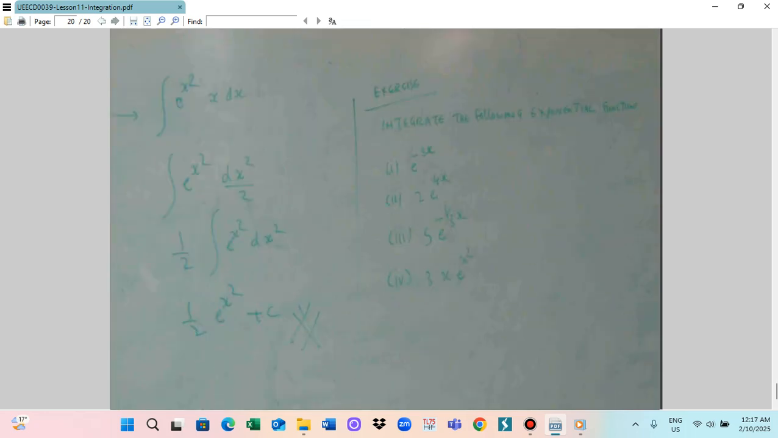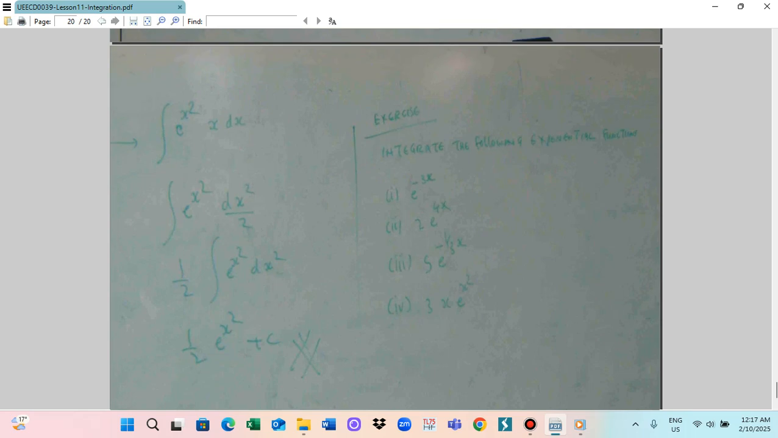Okay, the next one is the integration of the exponential function. So this is the integration of